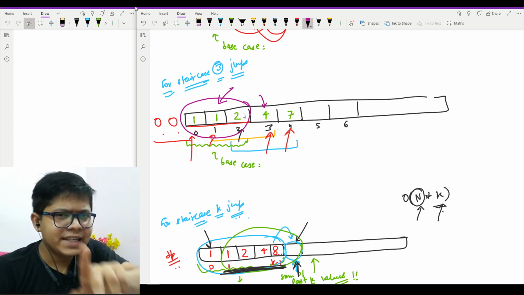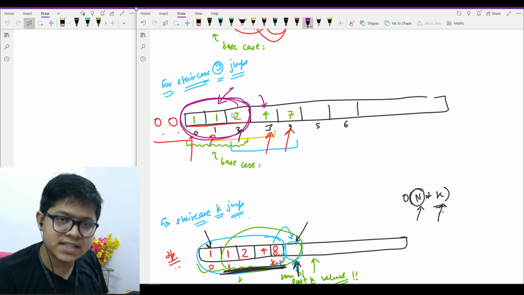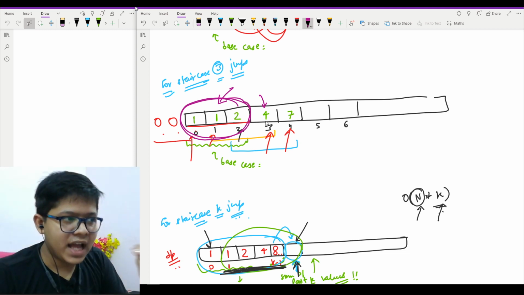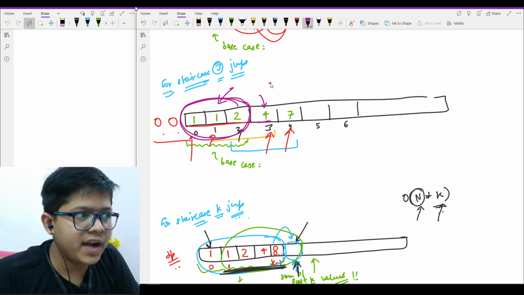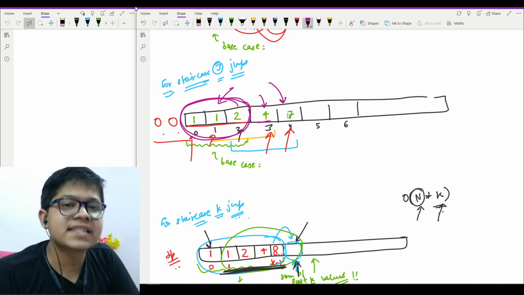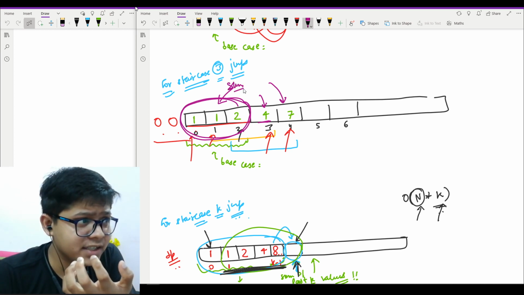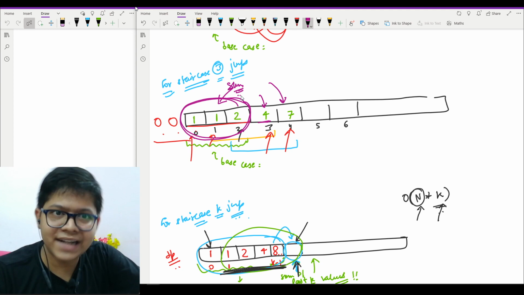So you will only take the sum. Firstly, you will only take the sum of these k elements, which will be in O of k. You will find it before. Then you will just place it right here. Then when you are going to find the answer for the number 7, what will you do? You had this sum right here, right? As you already computed before, so you had the sum.